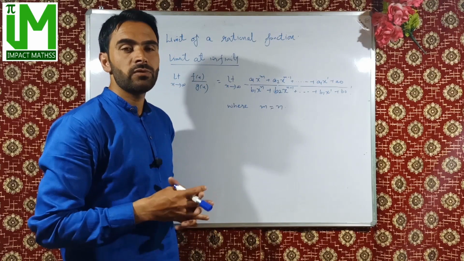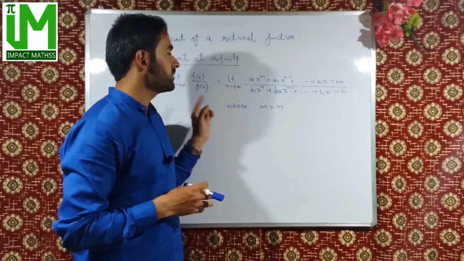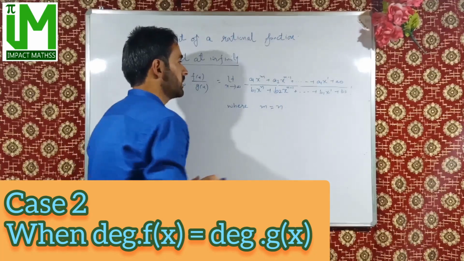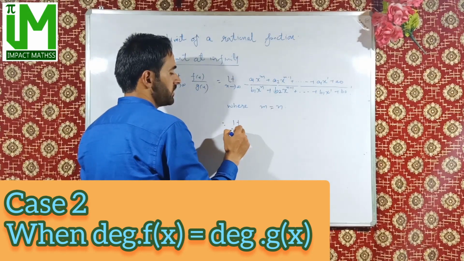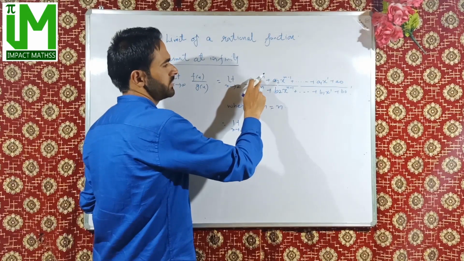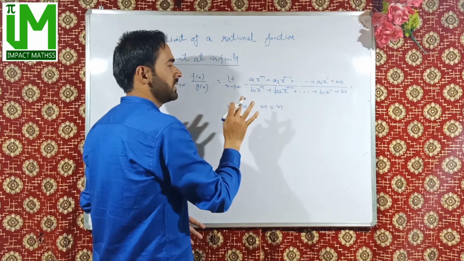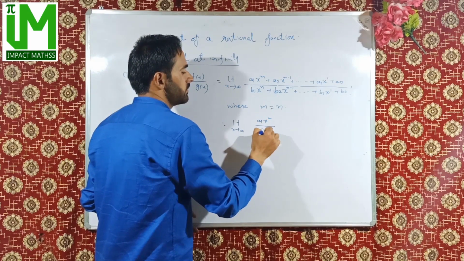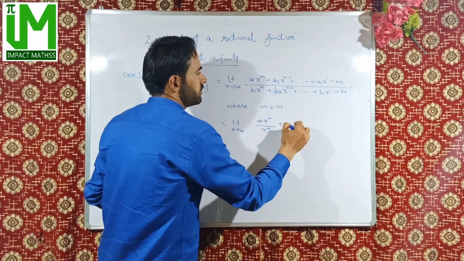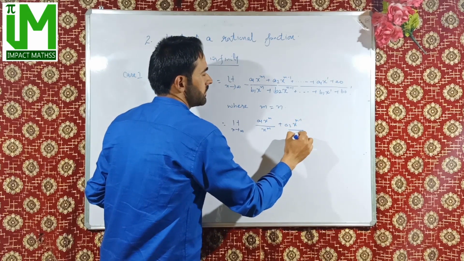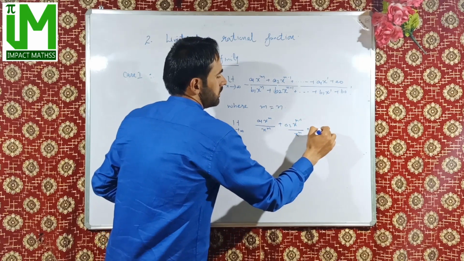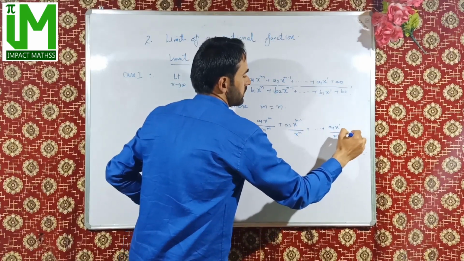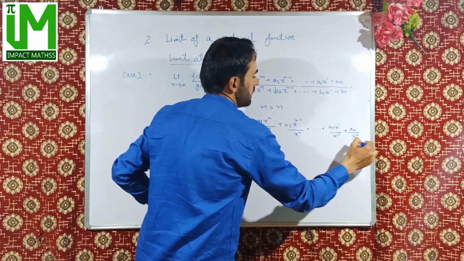Now case second, if we had to compute the limit of this rational function at infinity such that the degree of the numerator and the degree of the denominator are the same, then we can write limit x tends to infinity. Again, we divide by the highest power term, which will be x to the power m or x to the power n. So it will be a1 x to the power m divided by x to the power m plus a2 x to the power m minus 1 divided by x to the power m plus up to a1 x to the power 1 divided by x to the power m plus a naught divided by x to the power m